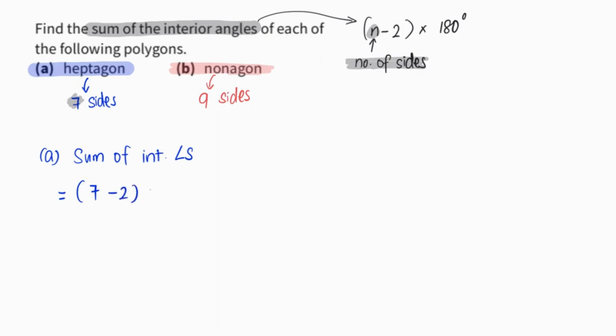Minus 2, I just need to multiply by 180. That will give me 900 degrees. Done. For part B,